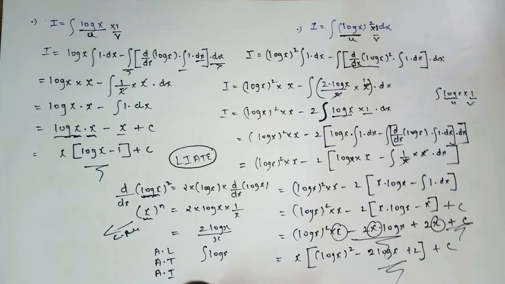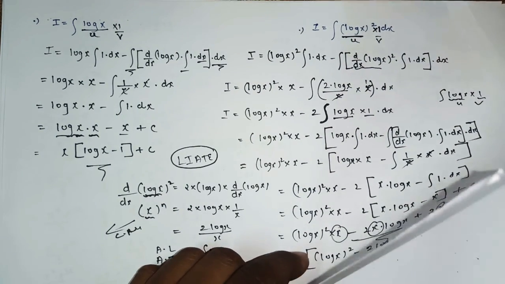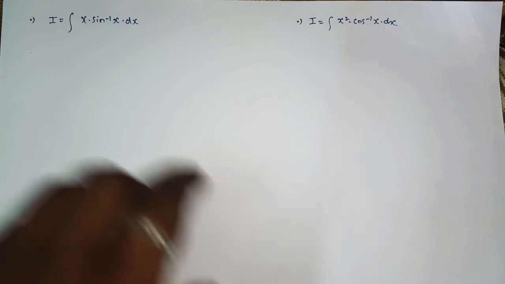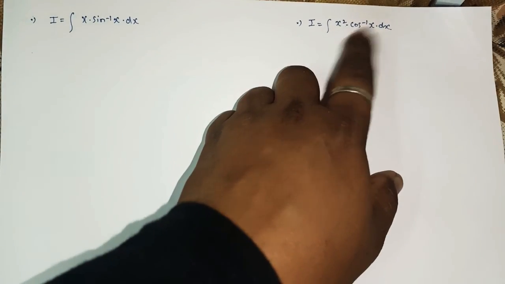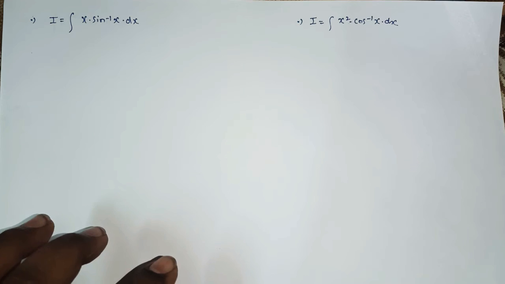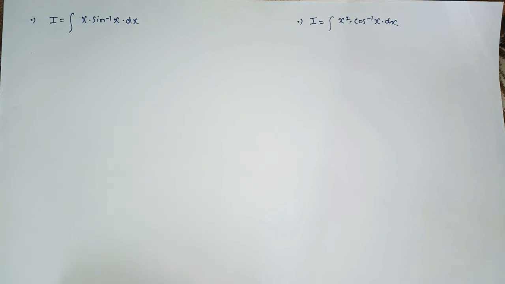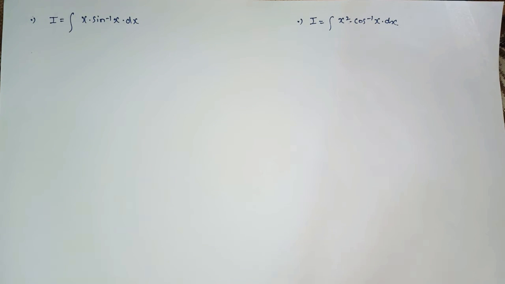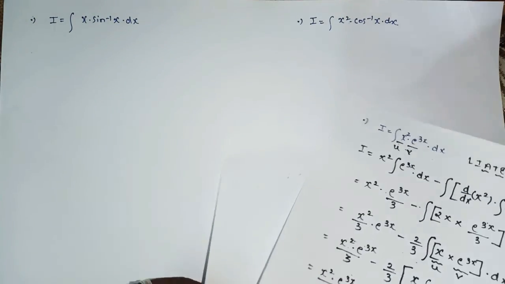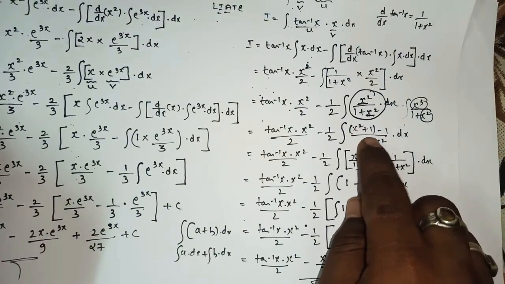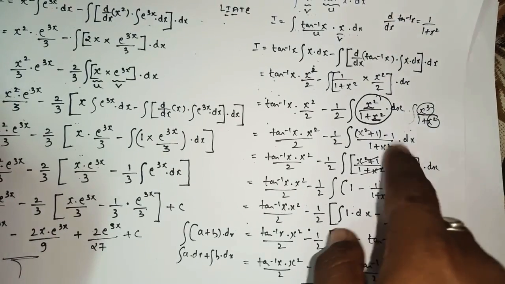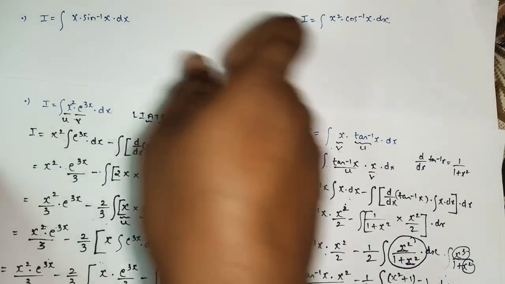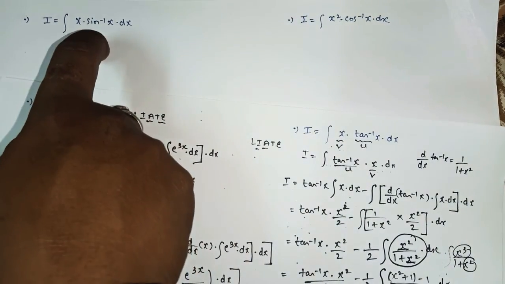Okay, I hope you all understood the method as well as all the examples. So in the next lecture, we'll take a few more examples based on this u into v only, but there we'll see x into sine inverse and x square into cos inverse. That means today in this video we took examples for tan inverse. In the next lecture we'll take examples based on sine inverse and cos inverse. There we have some basic adjustment, as I had explained for the tan inverse, yes or no, this part. So there also, before dealing with the sum for sine inverse and cos inverse, I will explain some basic rules and regulations, and only then we'll start with the sum.